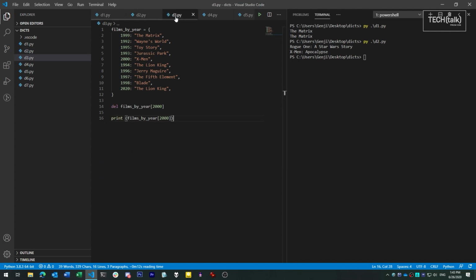To do that, we just use the del command on the key reference, like so. Now that will remove both the key and the value. If you just want to remove the value, but keep the key as a placeholder, you can always just set the value of the key to None. This right here brings up another issue.